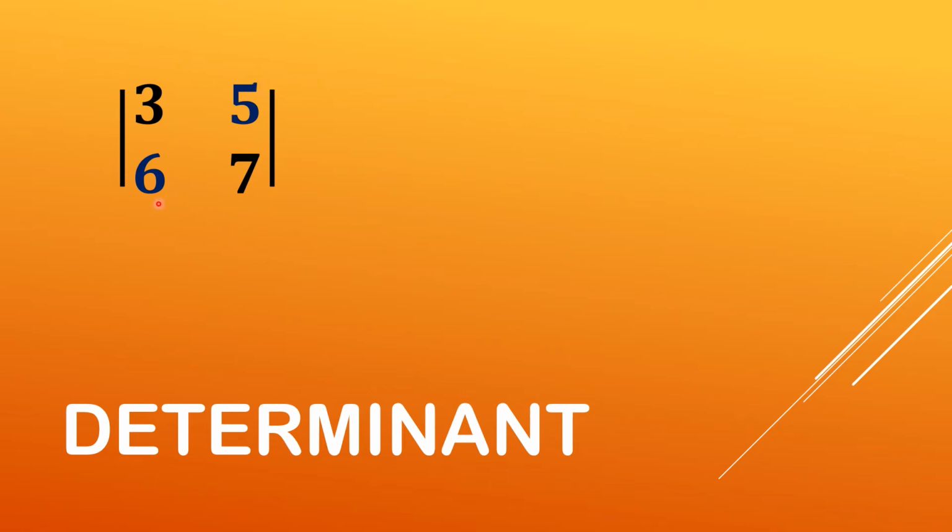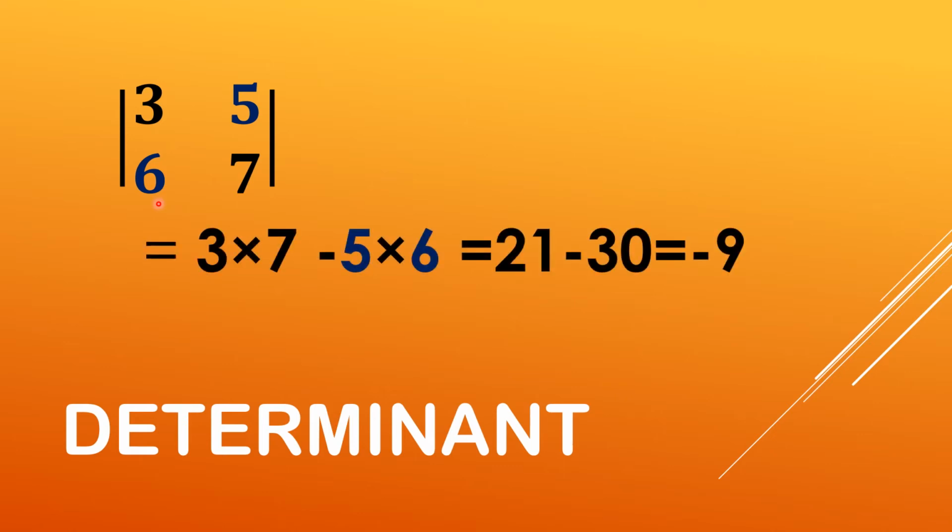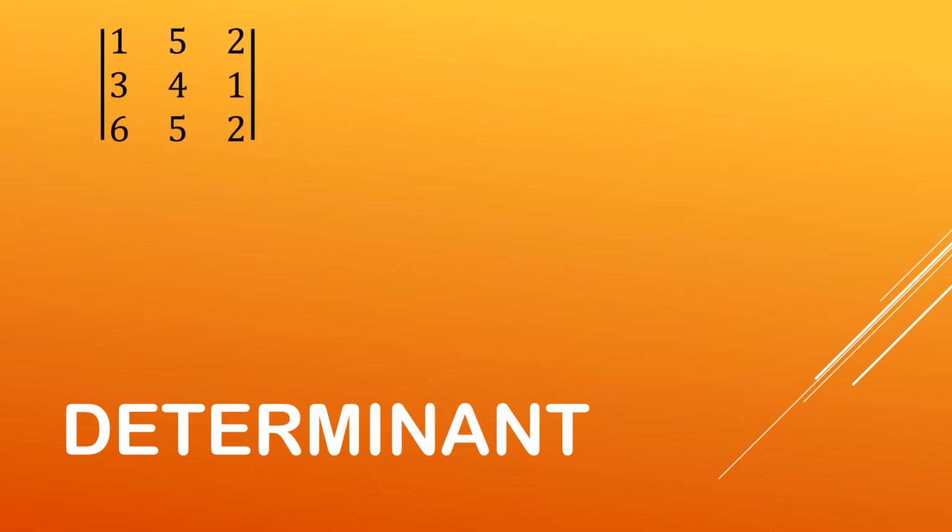Now, the determinant of this 2 by 2 matrix is calculated as 3 into 7 minus 5 into 6, and we get the answer as minus 9. Now, let us see how to find the determinant of a 3 by 3 square matrix. To find the determinant of a 3 by 3 square matrix, we take